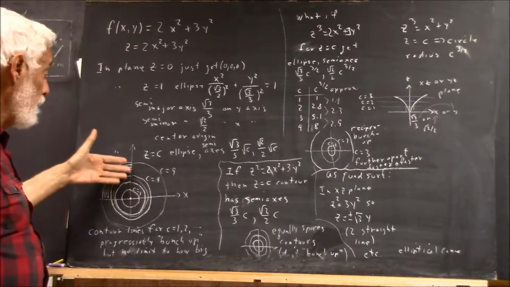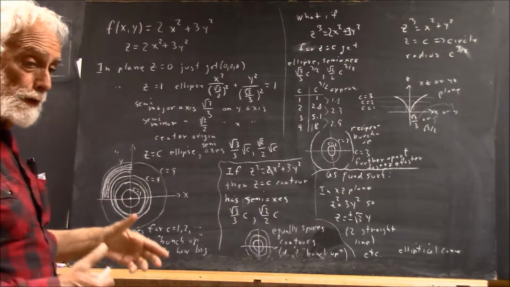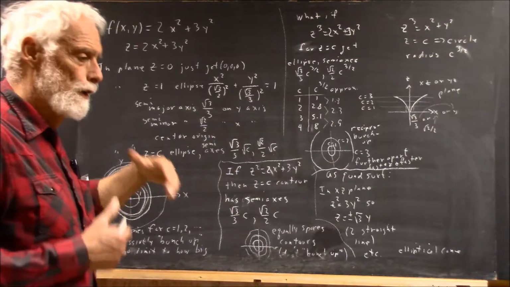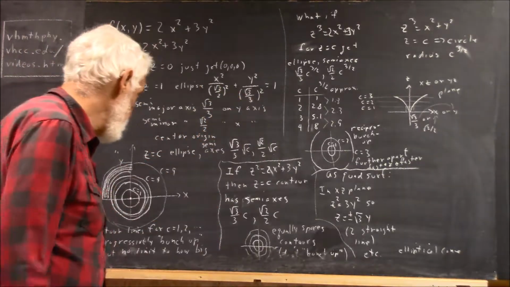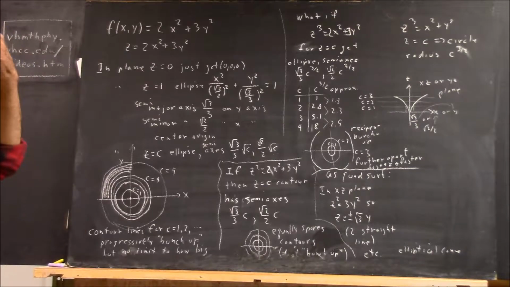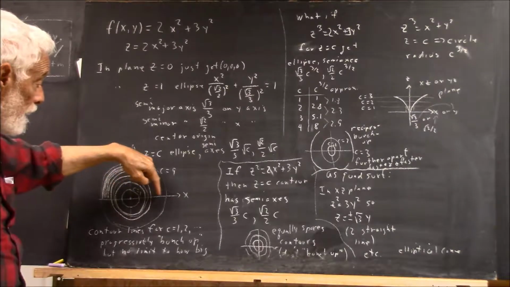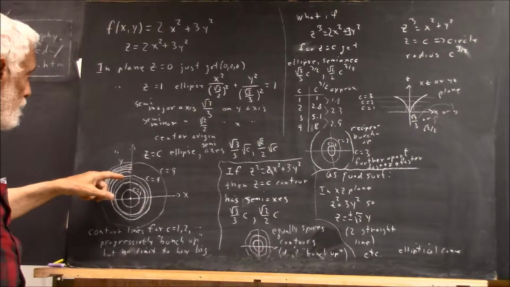Okay, the changes in the lengths of our semi-axes decrease with every integer increase in c because the square root of c decreases. It changes by a decreasing amount as c increases by successive positive integers. By the time we're out to c equals 9, we will have tripled our semi-axes here and here. And we'll have